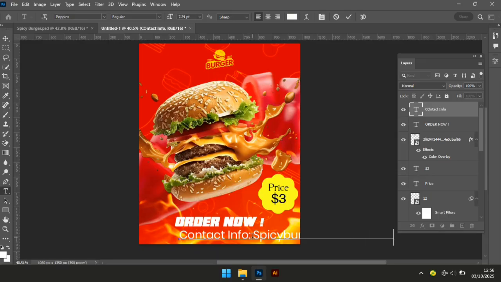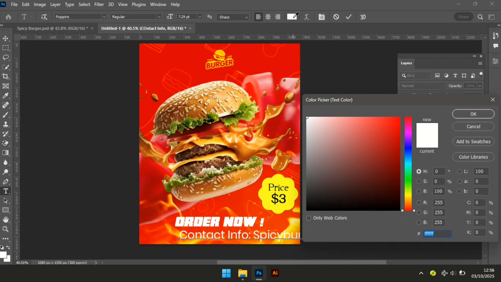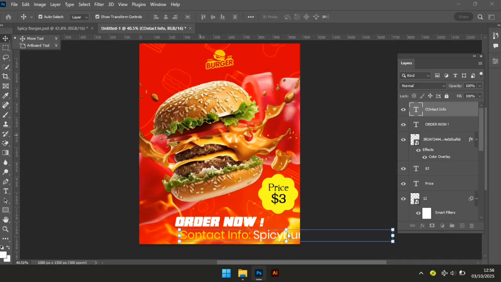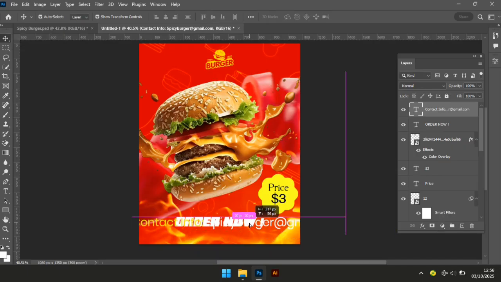Yeah, so from this semicolon down to the contact info, we're going to change the color to yellow. So yeah, FFE400. So it will be like this, have this kind of yellow, then leave the email address to white, then